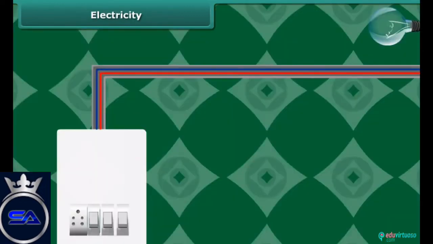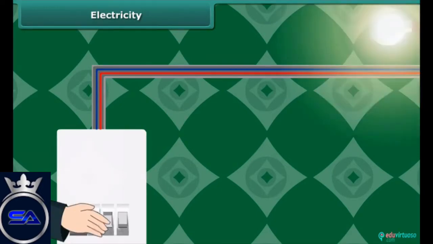The second one is current electricity. We have learned that static electricity is the charge that is bound to a surface. When electric charge flows from one surface to another, it is called current electricity. The amount of electric charge moving per unit time at any point in a material is the measurement of electric current, that is I, flowing through it.